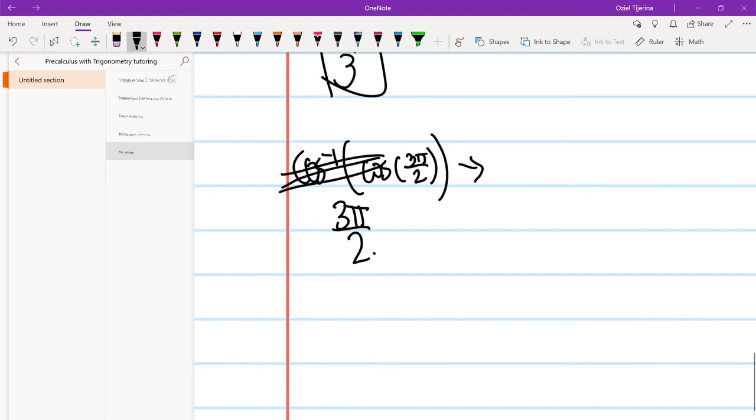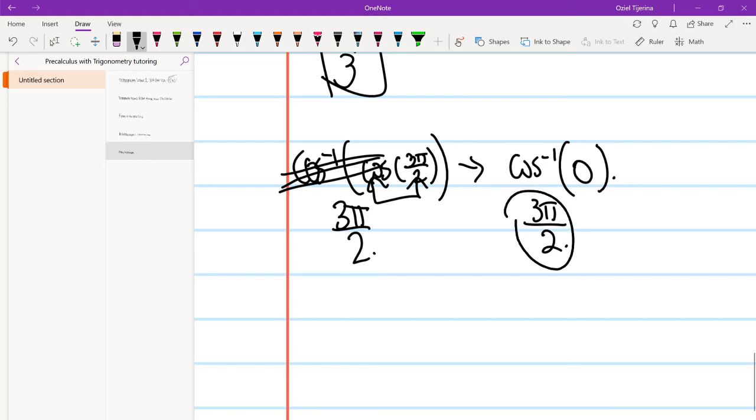And you can do it other ways too, like if you say cosine inverse of whatever this equals, so cosine of 3 pi over 2 is 0, so cosine inverse of 0, it would be 3 pi over